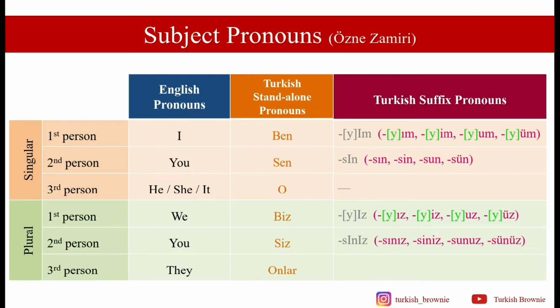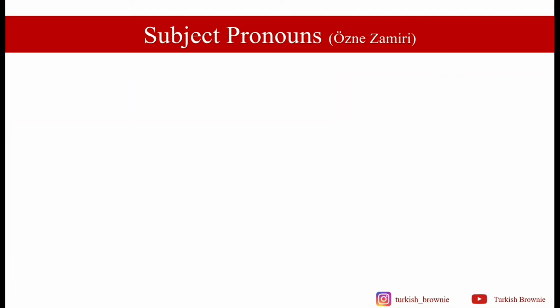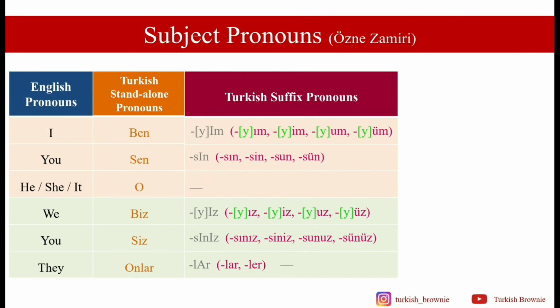For siz, it is sınız, siniz, sunuz, sunuz. For onlar, there are two options. You could use the lar suffix, lar or lar, or you could choose to use no suffix at all. And now we're going to see an example sentence formed using these pronouns and the possessive or personal suffixes within the same sentence. So for example, for ben